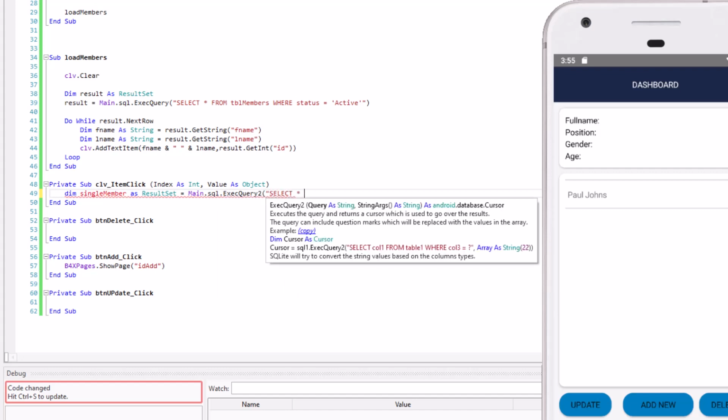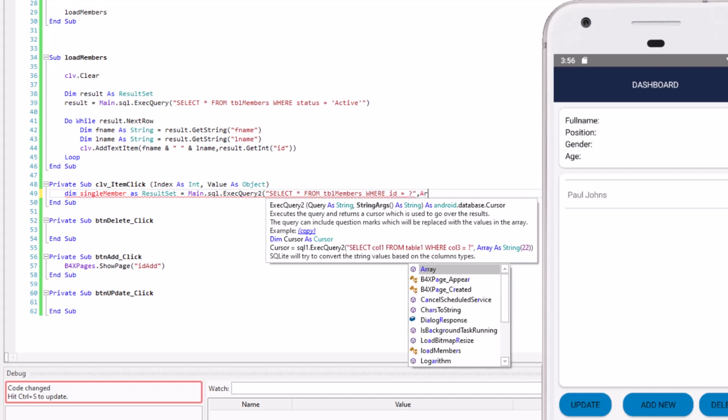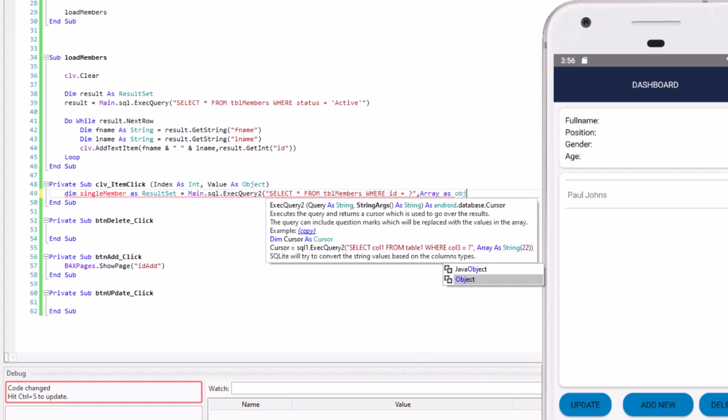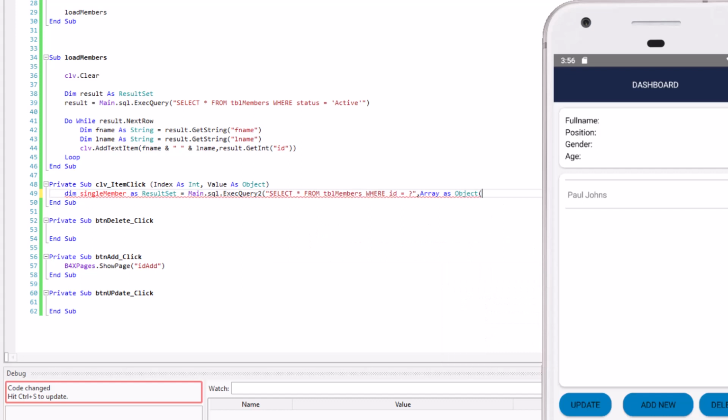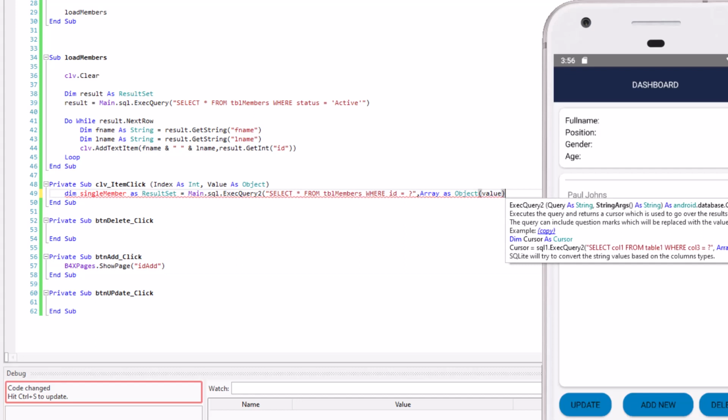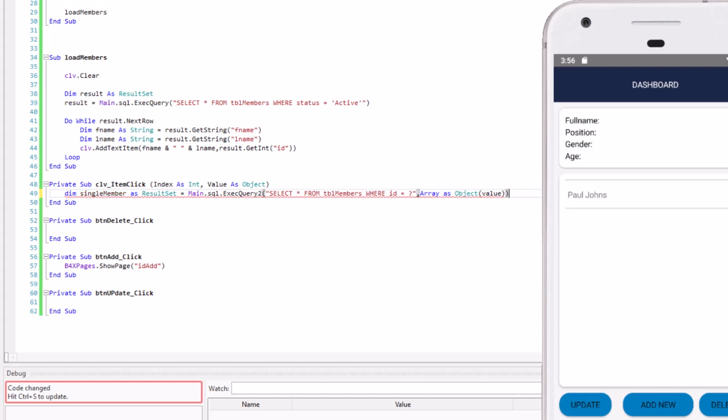Select all from a TBO and base query ID equals to area subject. So ID should be equal to the value we are receiving from the click, which is the ID we set. So we are passing this ID back to custom view to try to pull the information from the database for us.